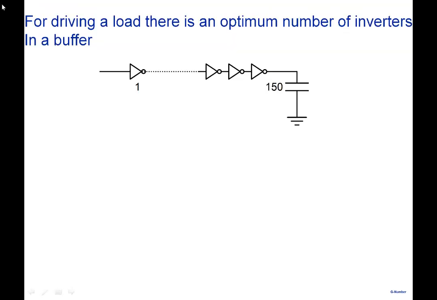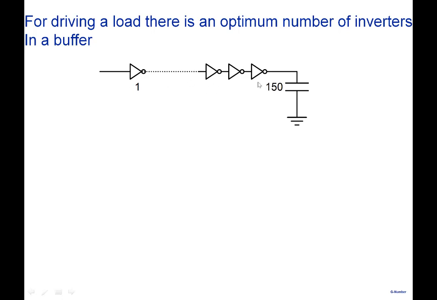Whenever, in a design, there are places where you have to drive a large interconnect, your wires are running from one place in the chip to another place, and there's a large interconnect to be driven, or when there's a heavy capacitive load to be driven, what you do is you design buffers. So you use a chain of inverters and you design a buffer to drive that particular load. And so the issue again is, how do I design my buffer? How many inverters should be there in that particular chain